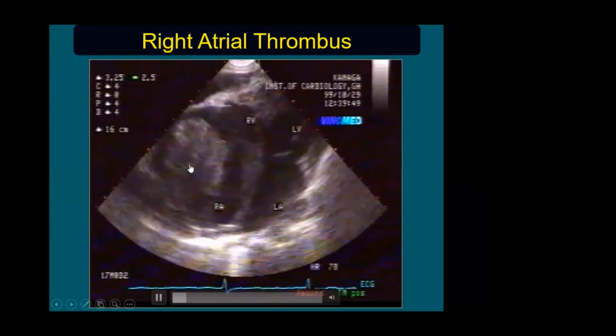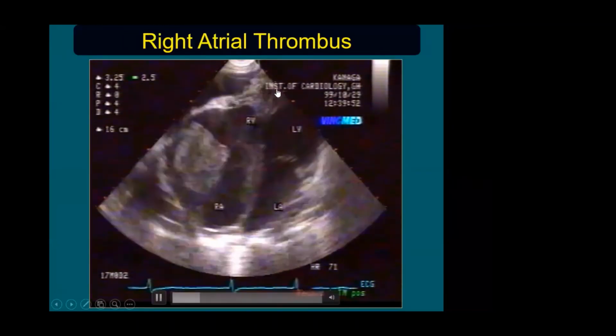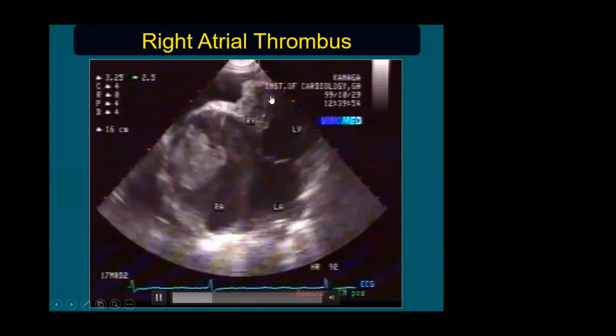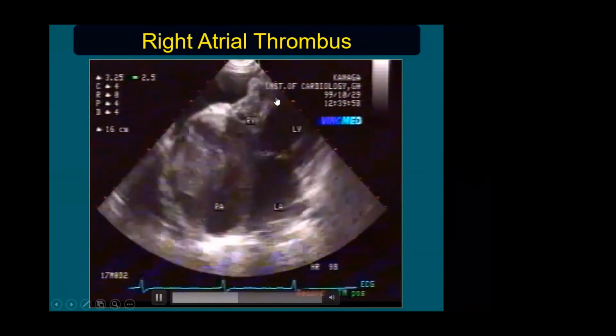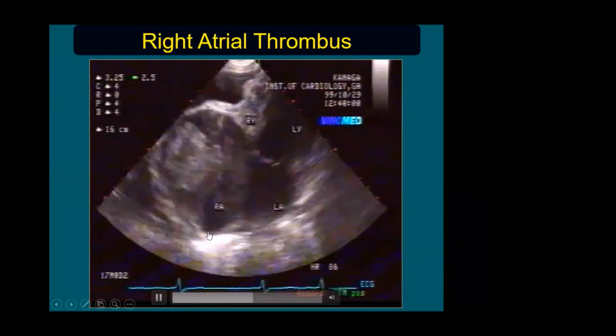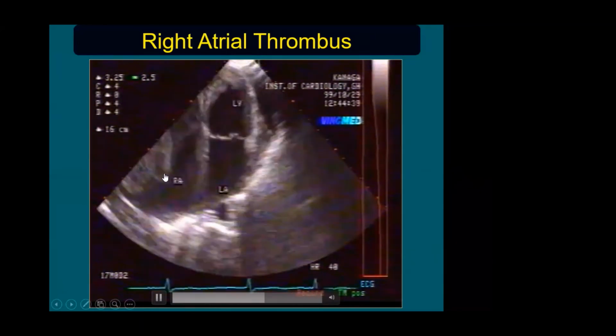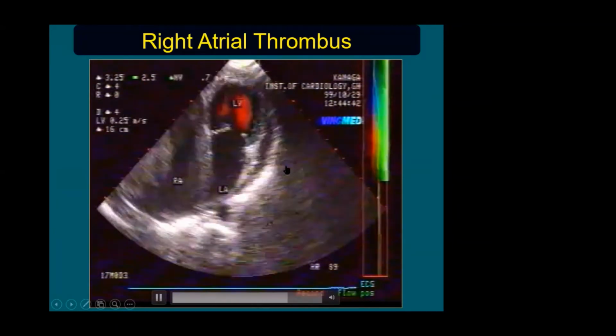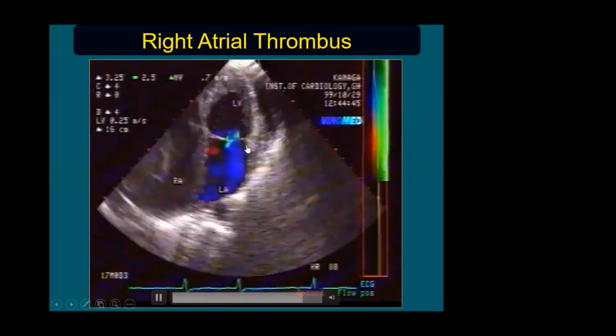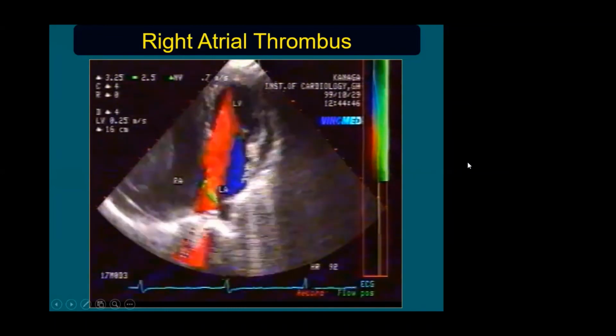This is a patient with endomyocardial fibrosis involving the right ventricle. You can see obliteration of the right ventricular cavity and a very narrow right ventricular cavity, a markedly dilated right atrium with autocontrast, and a thrombus inside the right atrium. There is mild involvement of the left ventricle also with mitral regurgitation.